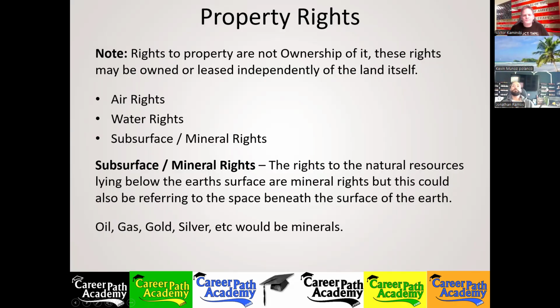For instance, I had a girl in one of my classes. She moved here from Texas, and she said it's a common thing there. When you sell your real estate, you keep the mineral rights to the oil and gas that's in the ground. And then they have some sort of further agreement where they're allowed to explore the property and then drill to try to get it out of the ground. Because it's one thing to have rights to the minerals in the ground, it's another thing to be able to get them out. So you've got to have some sort of an agreement in place that allows you to do that on someone else's property because she no longer owns the property.